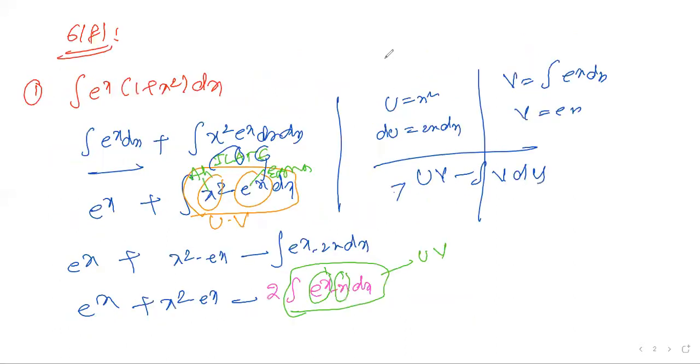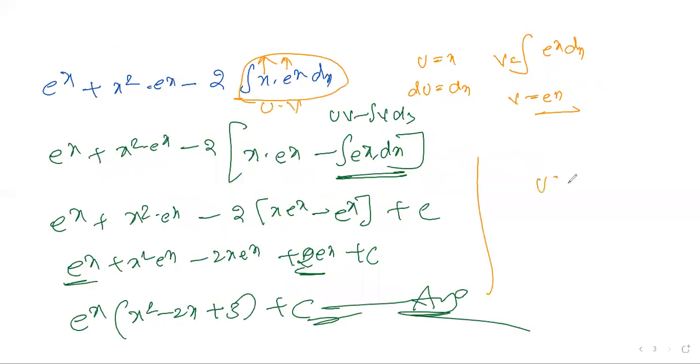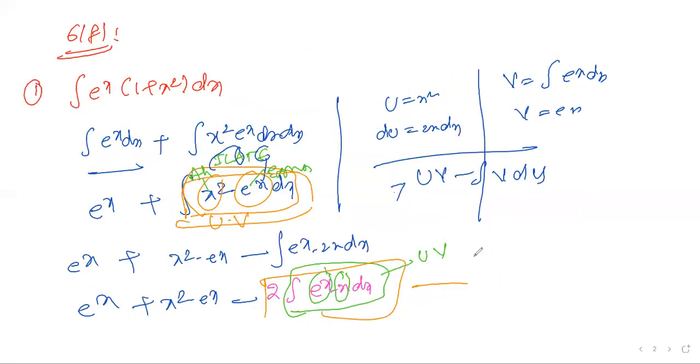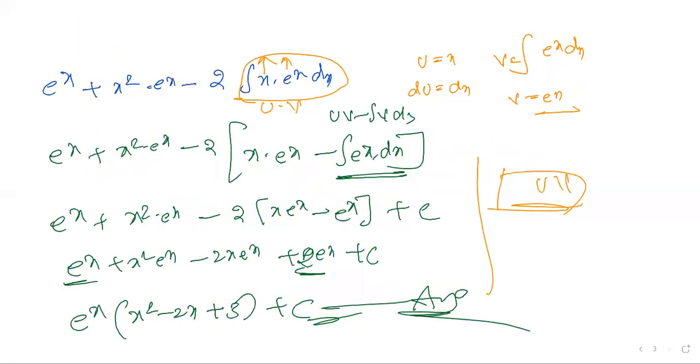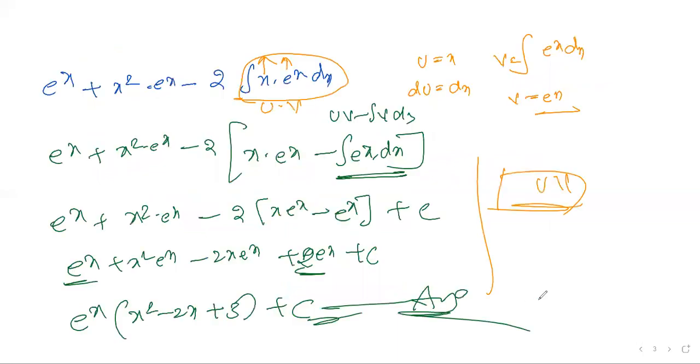Here is the trick. We took it once as UV, still it is not clear, so we want UV again. There are 2 times you apply the UV formula, because we cannot expect it to clear directly with one UV. We don't know that. The thing is we need to clear the integration till the end of the question. That is the main intention, how many times you should apply it to clear the question. Then we will introduce another question, the second question. I think it's clear. Any doubt?